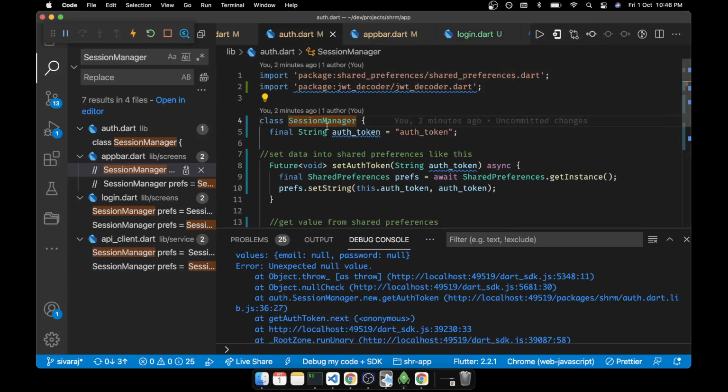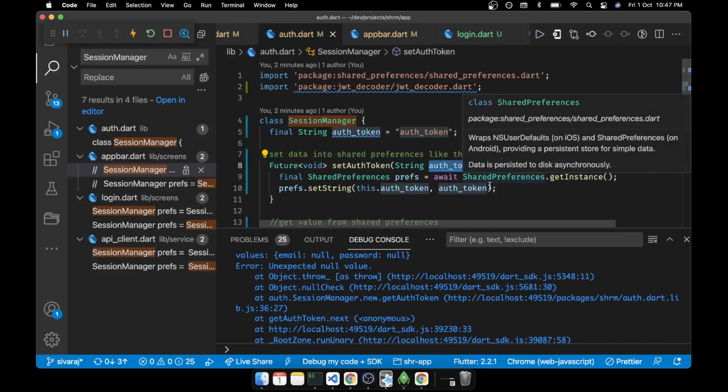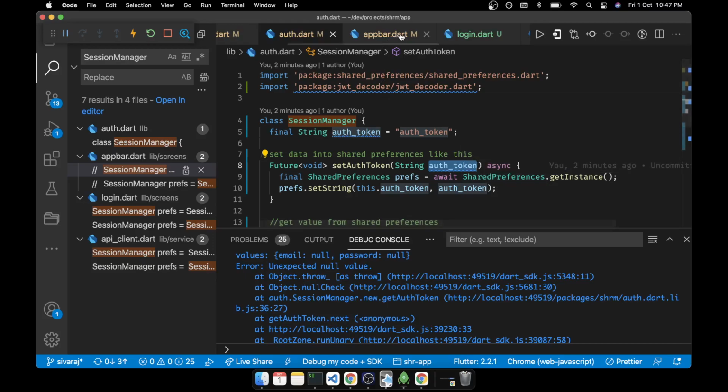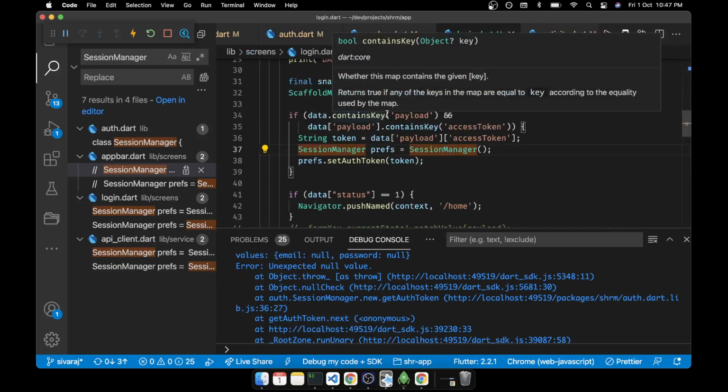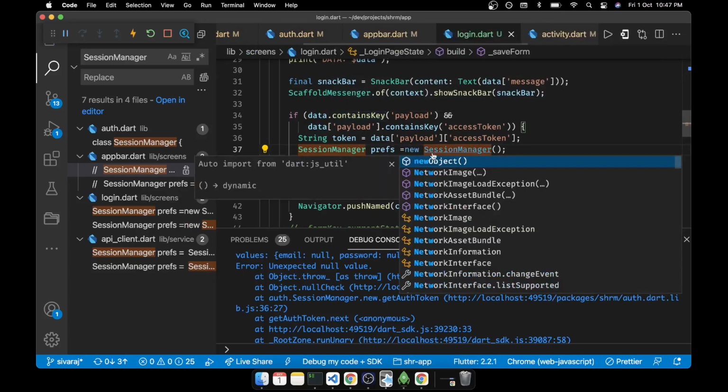it is trying to call the set session manager, set auth token. It takes the auth token and then tries to do the put string. Okay, all of this is correct, only looking good. Maybe we might use a new one.